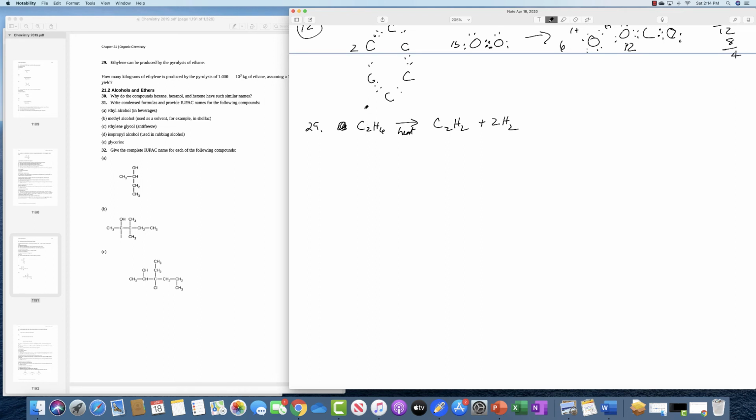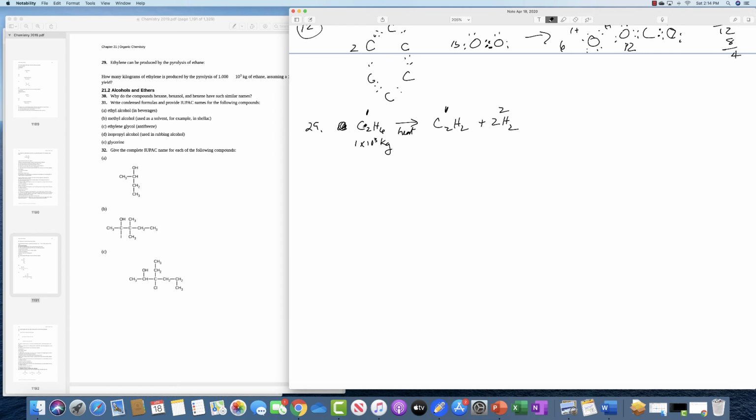So you have 1 mole of this produces 1 mole of this and 2 moles of that. So if you take 1,000 kilograms, 1 times 10 to the 3rd kilograms of ethane,